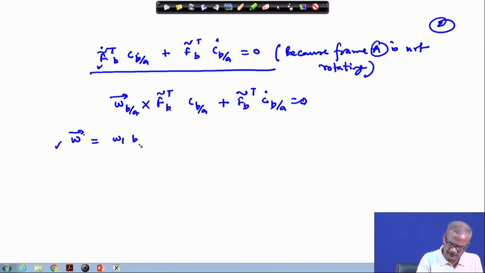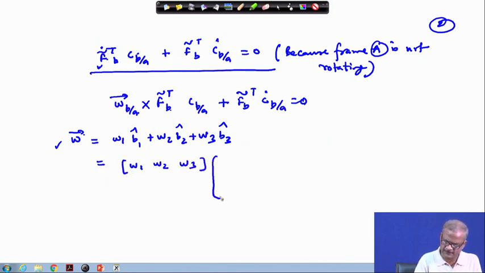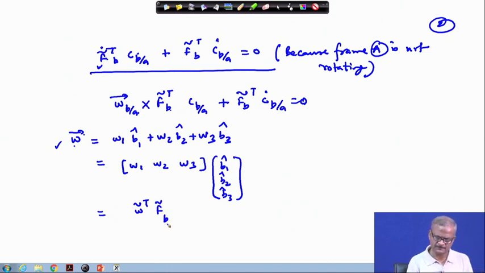Okay. So, the components of vector B: omega 1 B 1 cap plus omega 2 B 2 cap plus omega 3 B 3 cap, we can write it like this, and this can be written as omega 1, omega 2, omega 3 in the form of vectrix B 1 cap, B 2 cap, B 3 cap. So, this gets reduced to omega tilde transpose. Here we make the difference: this is the matrix notation and this is just the vector notation we are using, and here we have the vectrix. So, this is f tilde b, the vectrix b.